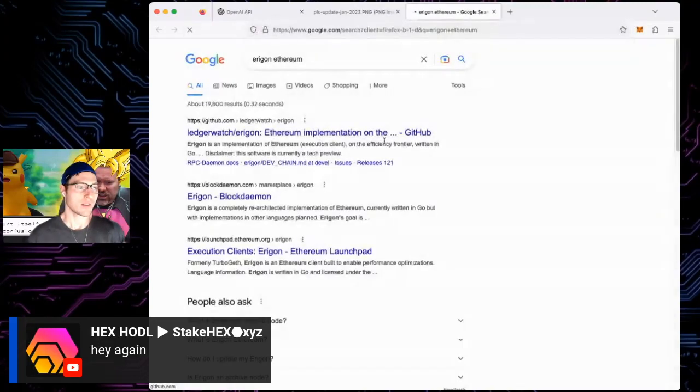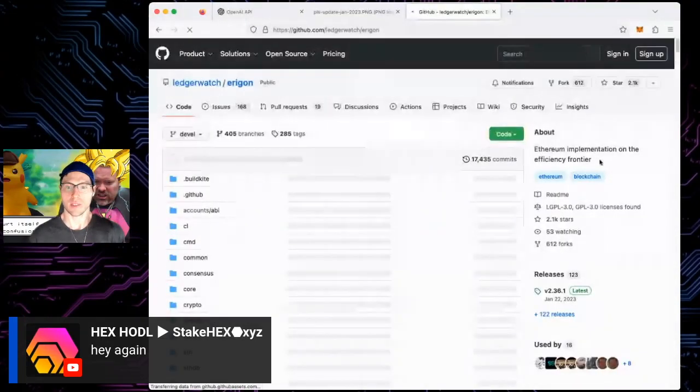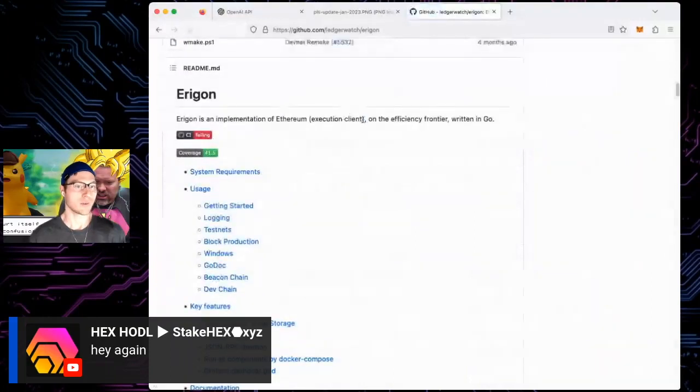And there are two, let's see, so this is the execution client, I believe. Yeah, execution client. So there's Geth and Erigon. And those are execution clients. Hopefully I didn't mess that up. And I'll go back to